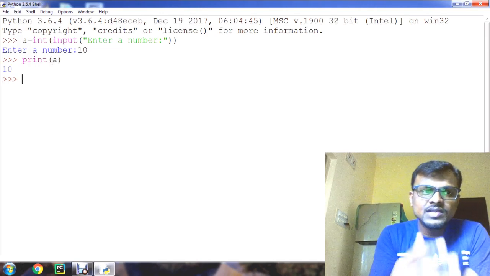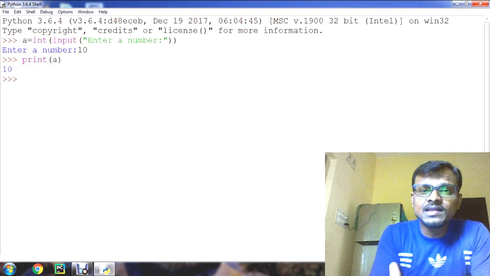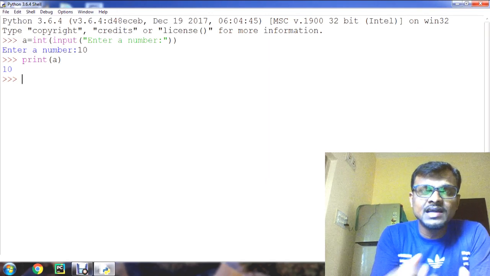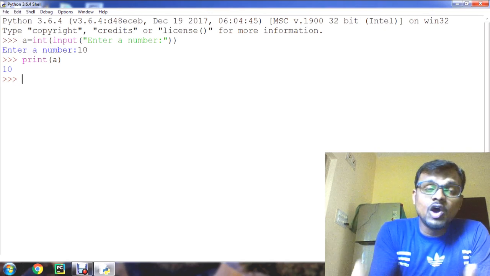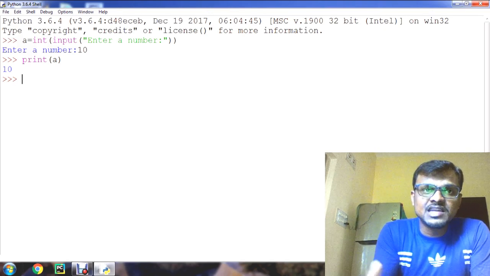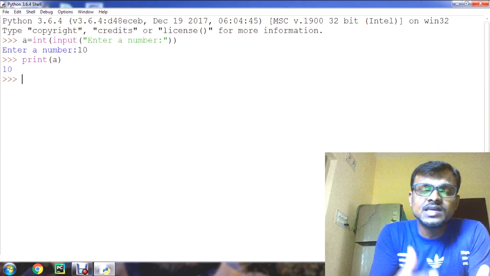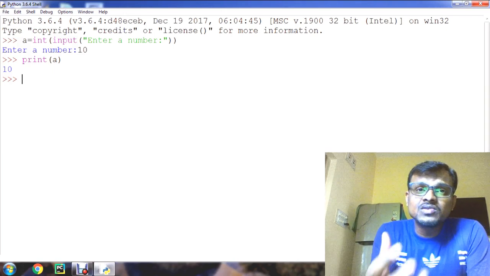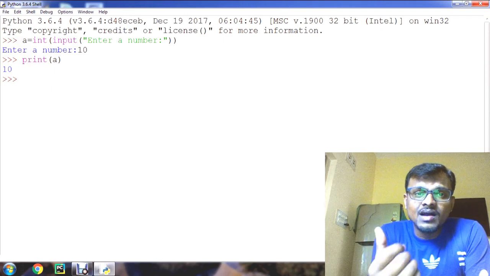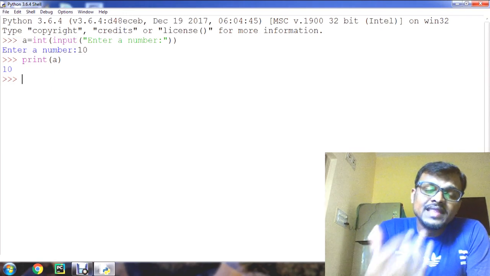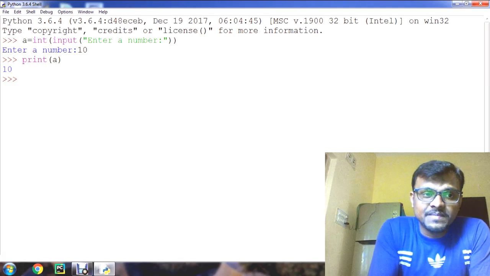So 10. So input and print are both built-in functions that are used to get the input from the user and display the output on the screen respectively. These two built-in functions can be called and used without defining them. These definitions are already defined in the Python standard library.